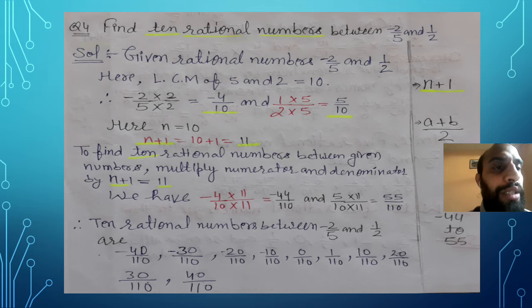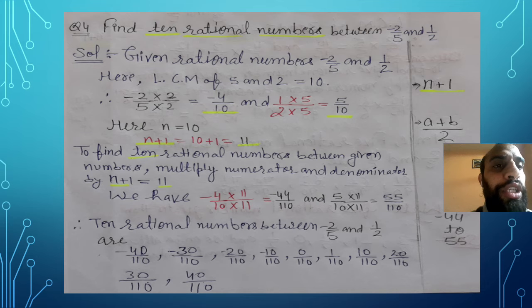To apply this n plus 1 rule, first we need the denominators to be the same. In the question it is very clear, -2 upon 5 and 1 upon 2 both have different denominators. The first denominator is 5, the second denominator is 2. So my dear students, to start this question you need to take the LCM first. Here is the LCM of 5 and 2. As you all know, 5 and 2 are both prime numbers. That means we can directly multiply them. 5 twos are 10. 10 is the LCM.